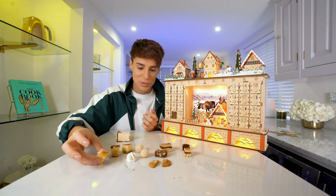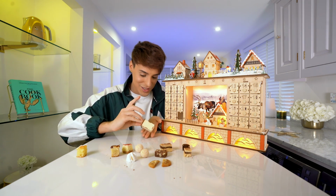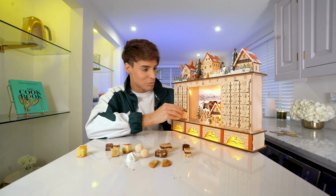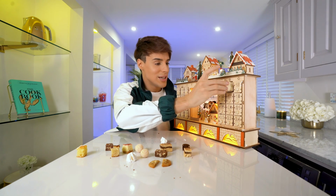This one's cake. This one reminds me of the other ones. I'm gonna put it here. More chocolate. Okay, I'm happy with that. It looks like a homemade Ferrero Rocher. I'm only disappointed by like 2 of them, so this is really good. Day 13 is meringue. Day 14 is...